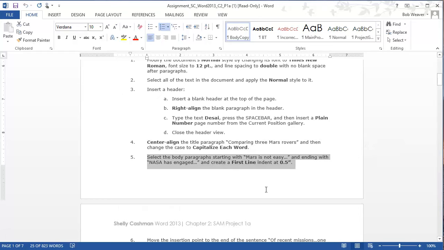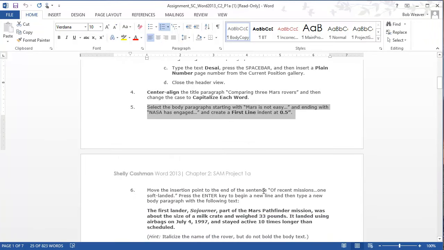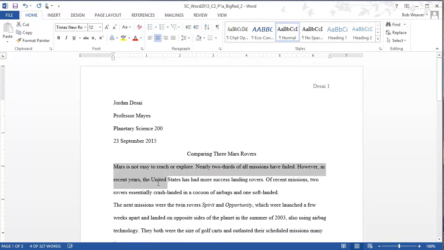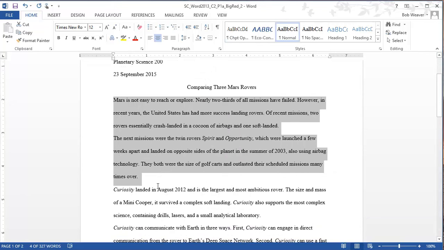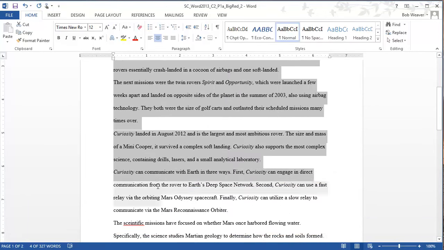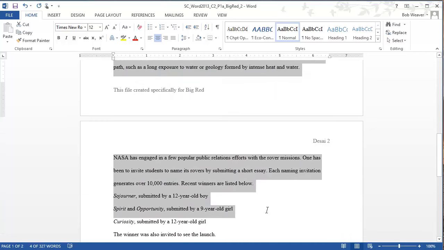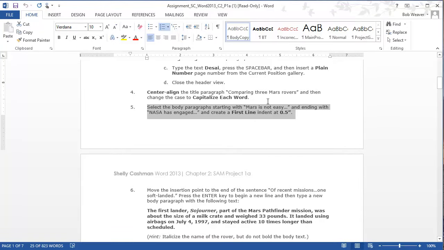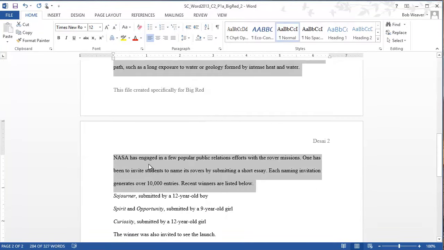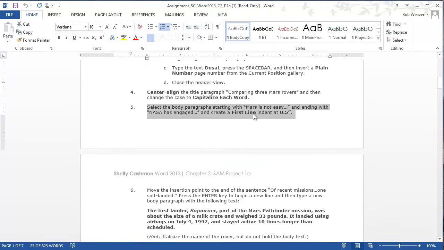Step 5. Select the body paragraphs starting with Mars is not easy and ending with NASA has engaged, and create a first line indent at the ½ inch mark. So I'm going to select this. Mars is not easy to reach, all the way down through, sorry, NASA has engaged. Yes, NASA has engaged. And I want to change the paragraph to be a first line indent at the ½